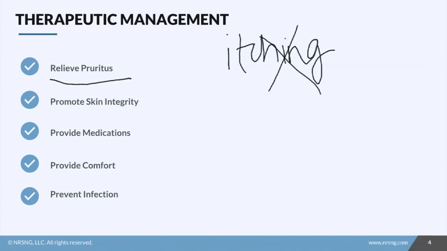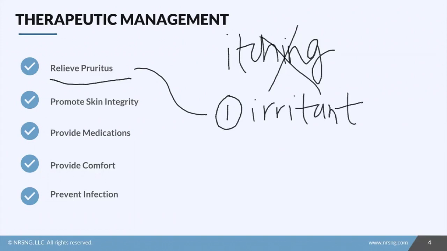So a couple things we need to do to relieve that pruritus or the itching. The first thing is to identify the irritants, and this is going to be different for every child. But a really common one is cow's milk, and so that child may need to eliminate cow's milk from their diet. The second thing we're going to do is really focus on keeping that skin really hydrated so that it's